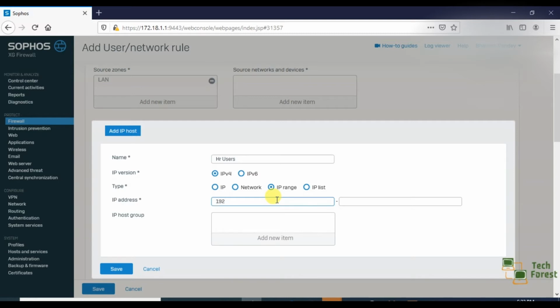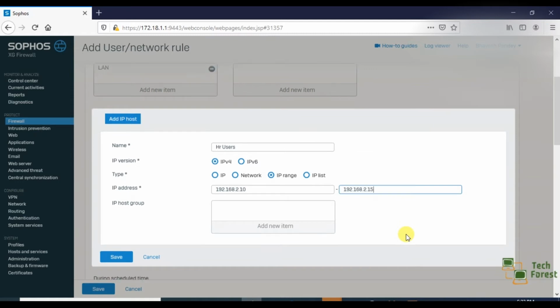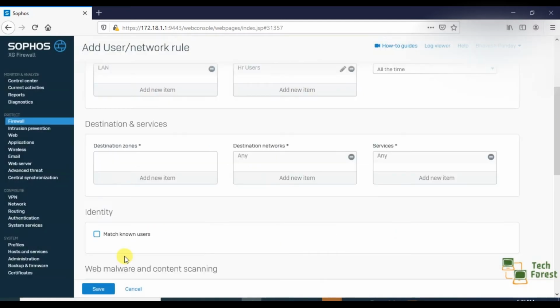My IP range is 192.168.2.something, but I want to apply this rule for IP 10 to 15. I'm clicking on save.